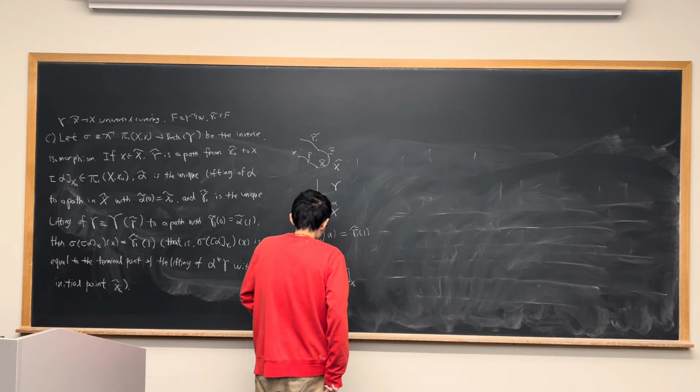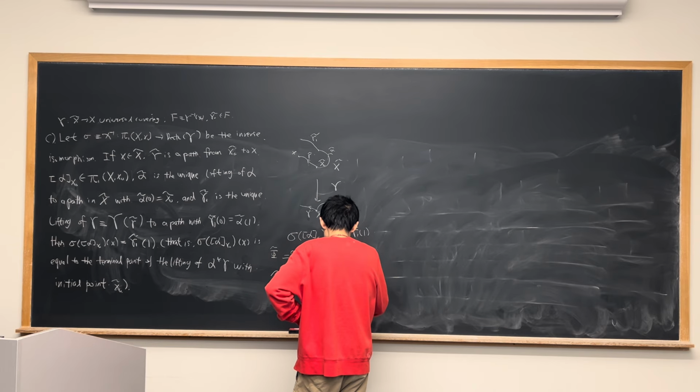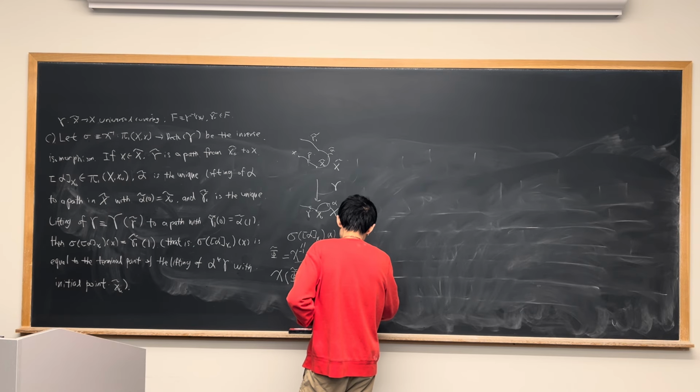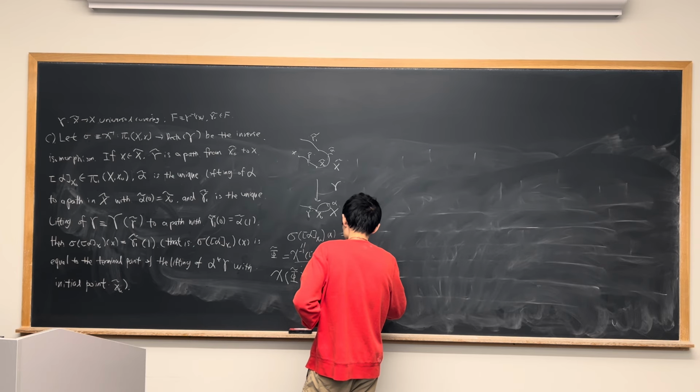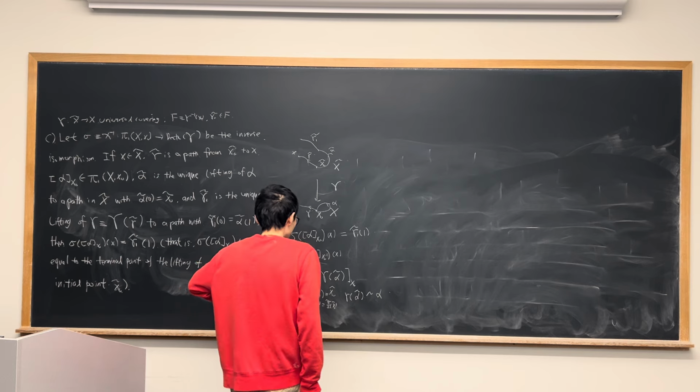And we also know that gamma of this alpha theta, a loop, is homotopic to this alpha, right? Okay, so that means that